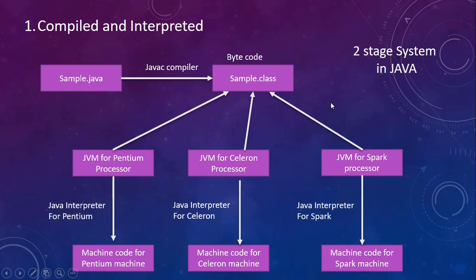It is called platform independent because, not depending on any operating system or any hardware, the same Java program can run everywhere. And Java is called portable because if you write a Java program and just copy and paste it on this particular processor or this particular PC, it will execute. Whatever output it gives, the same output it is going to give on any other configuration system. So no matter what configuration the system is, the output will remain the same, and that is called portability.